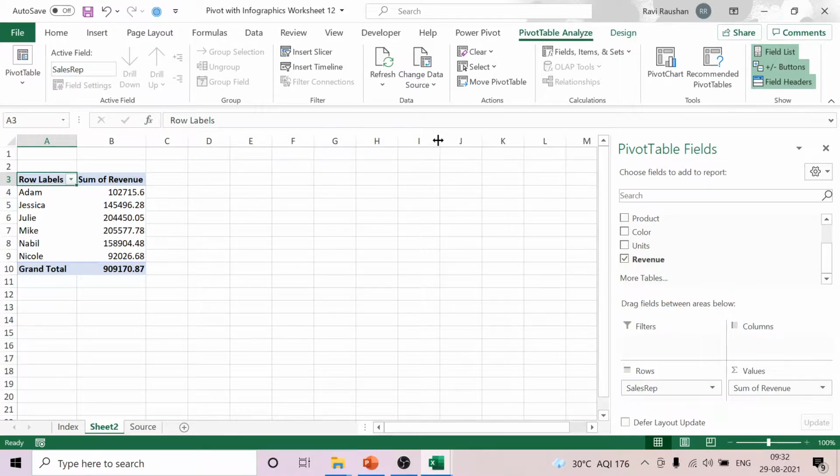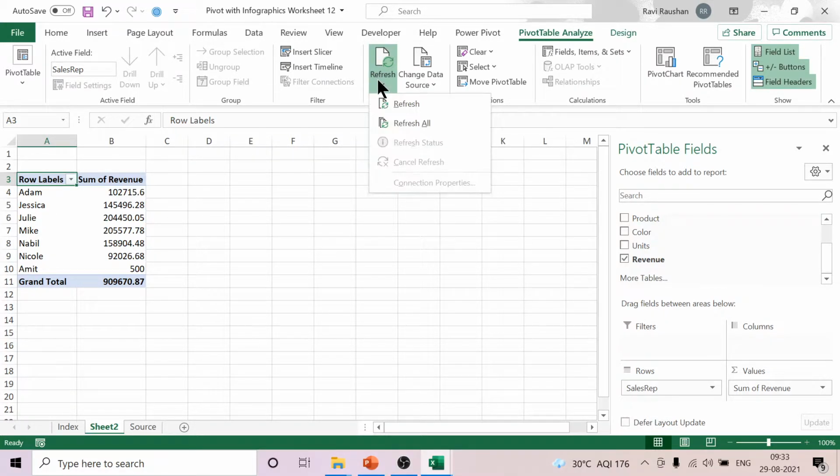So I'll come to the refresh. I'll click on refresh. See, the new entry is here. Now you have to click refresh again and again. So many times what happens, I close down the analysis today, tomorrow I open the file. First thing I'll have to do is come and refresh the data to see any change in the source data. So I can automate it.